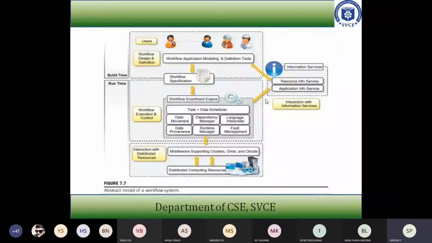Then, after having the execution model, and after specifying whether the dependencies are there or not, the computation such as web service or data calls is going to be made. The connections between the client and the server will be done through the ports. Can anyone tell how many ports there are in your system? According to normal communication, when you communicate from one system to another system, you have to communicate through some ports in your system. Can anyone tell how many ports there are, if you know the answer?